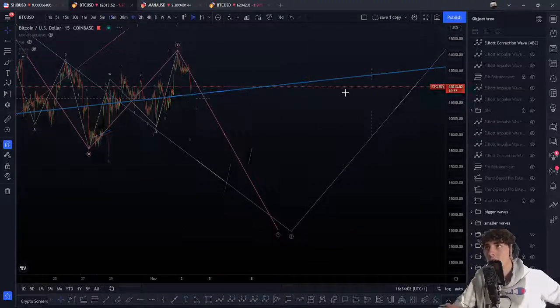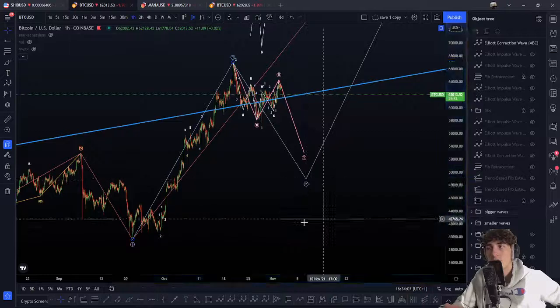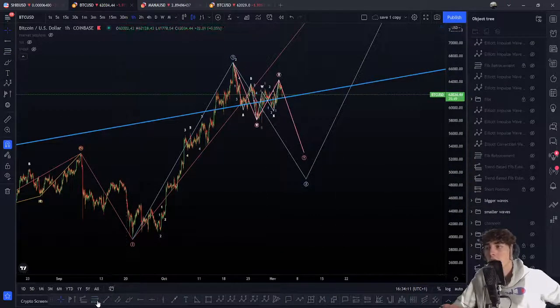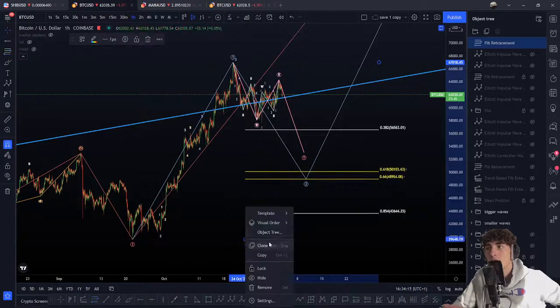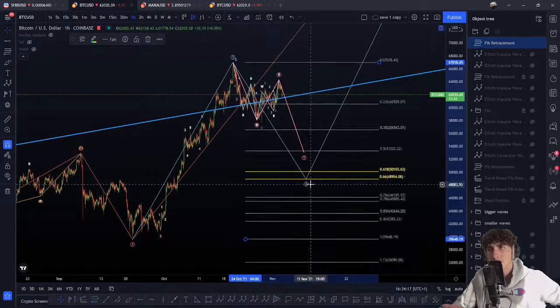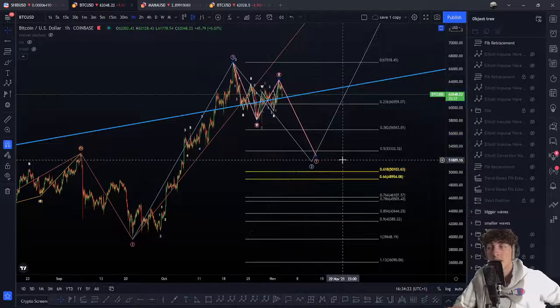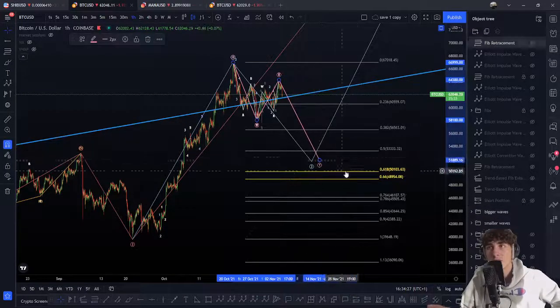So now the thing is, which target is expected on this wave 2? On a wave 2, we have 73% chance, so that's just absolutely huge, to retrace between the 50 and the 61.8 retracement. Okay, so between the 50 and 61.8 retracement here, we have 73% chance to go here. This is just absolutely huge. So if we play one more time with statistics, we'll have more chance to go there.